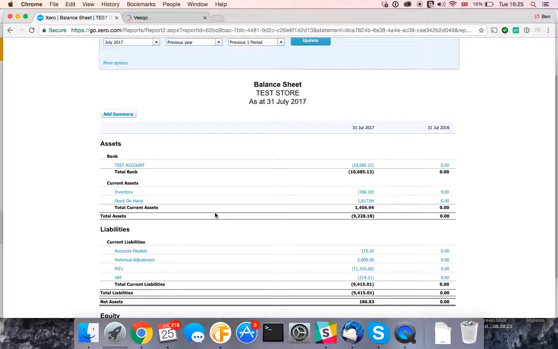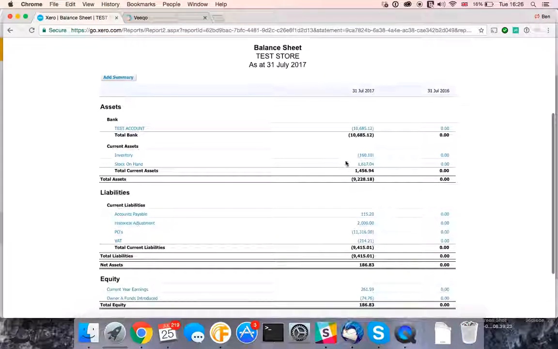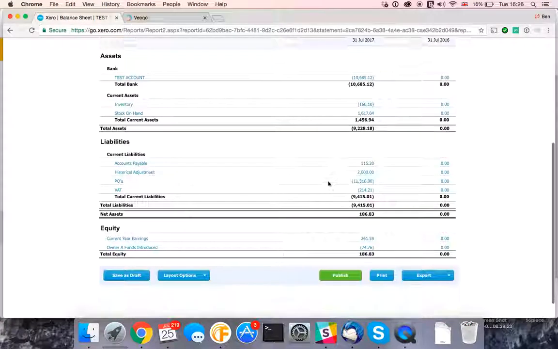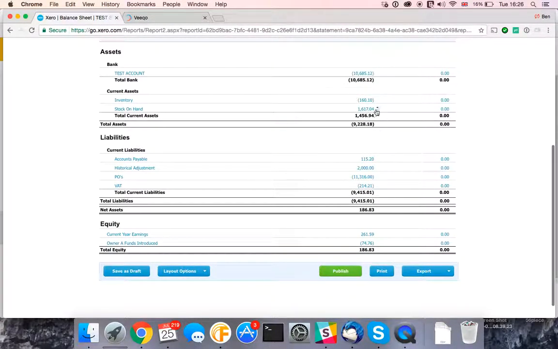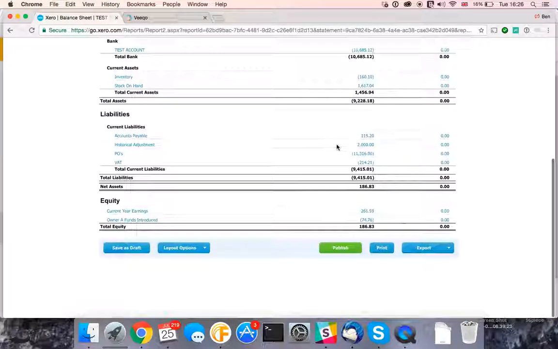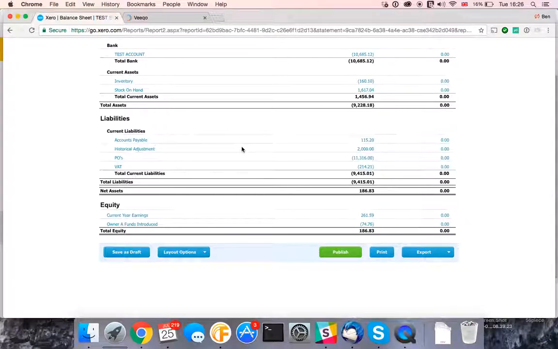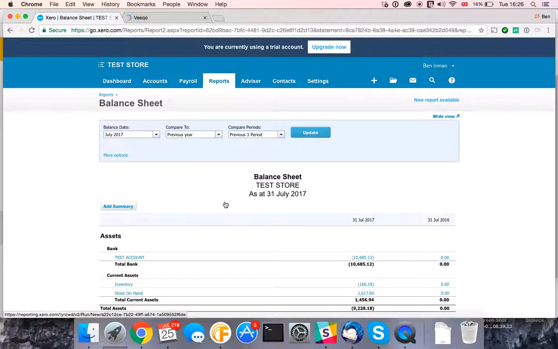So the balance sheet is always changing. As we said, you get money in, that's fine and well. You get £100 in. But to get the £100 in, you're losing from your stock on hand. That's being deducted because you're sending a certain valuation amount of stock out. It cost you money to buy the item in the first place. So the cost of goods sold, VAT and so on. So this all should balance out. Everything in accounts needs to balance out and be accounted for. Anything you spend, anything you get in, and that should give the true overview of how well the business is doing. If we head to the profit and loss,